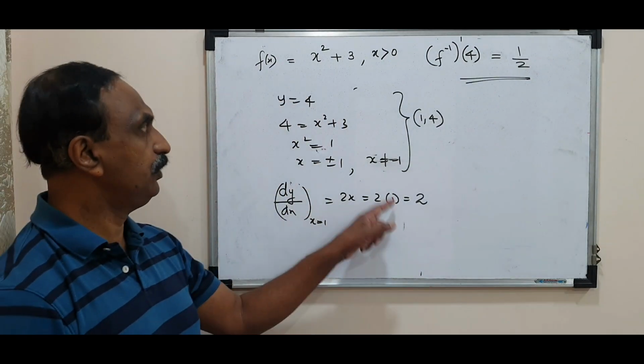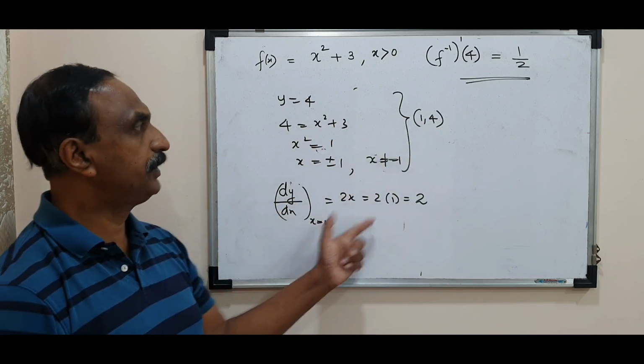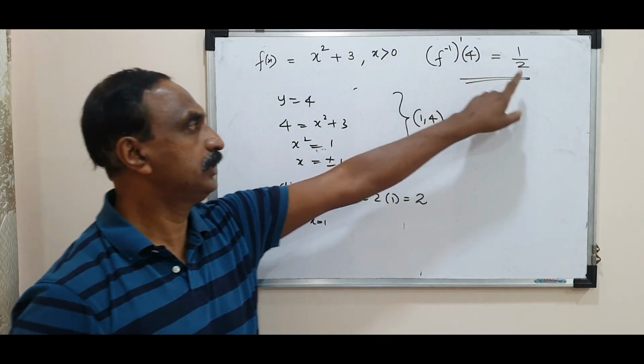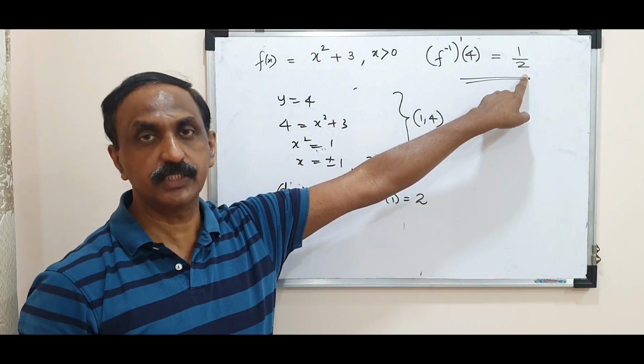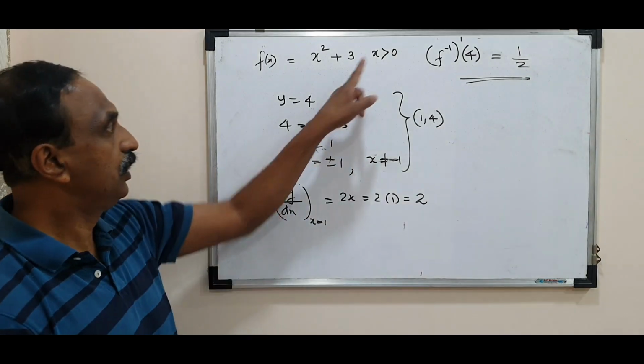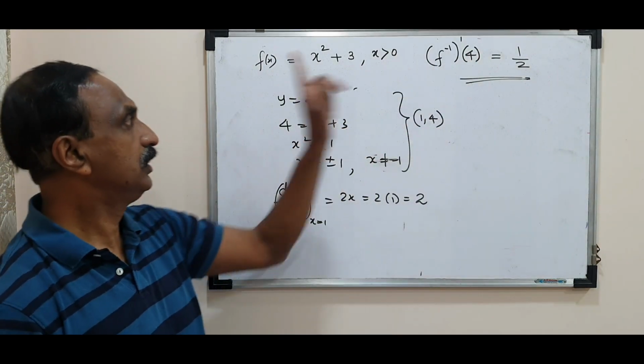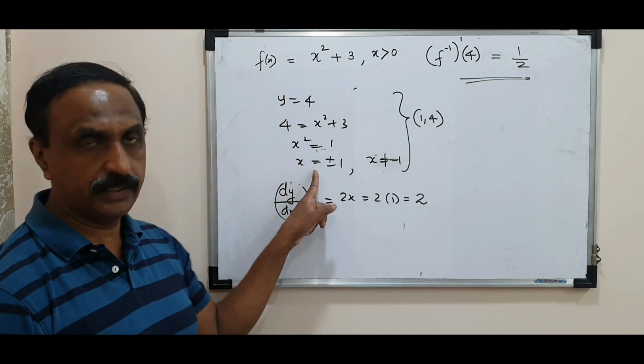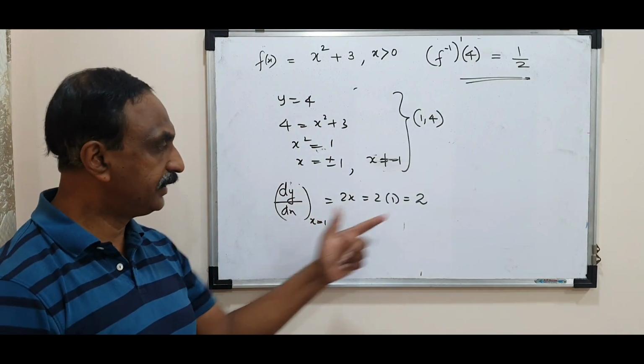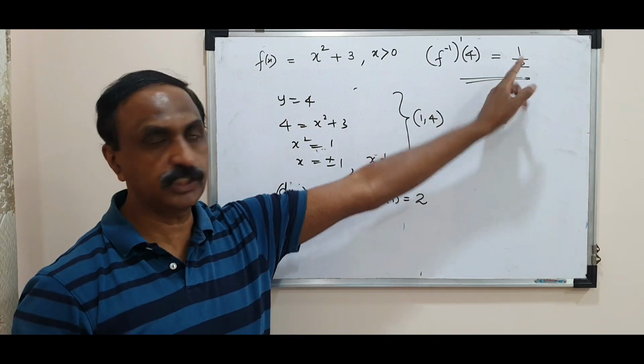So whatever the derivative at x equal to 1 will be reciprocated to get the derivative at 4 in case of the inverse function. So the point that is given to you is a y coordinate. Calculate the corresponding x coordinate, find the derivative at that point, and its reciprocal is the derivative